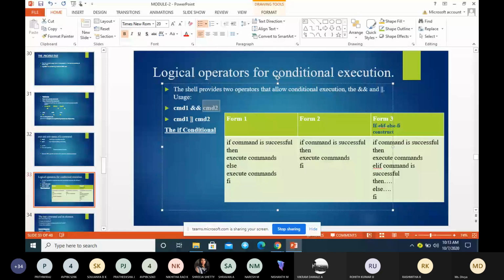That means command 2 will be executed only when command 1 has failed. Remember, in and, command 2 is executed only when command 1 is successful, but here command 2 is executed only when command 1 is false or failed.